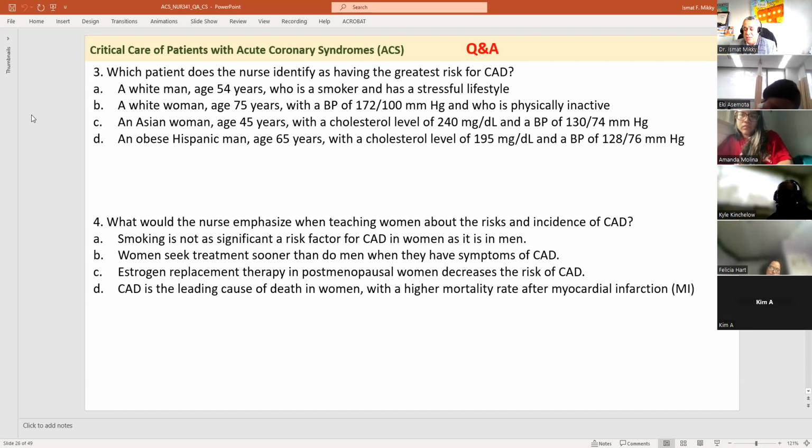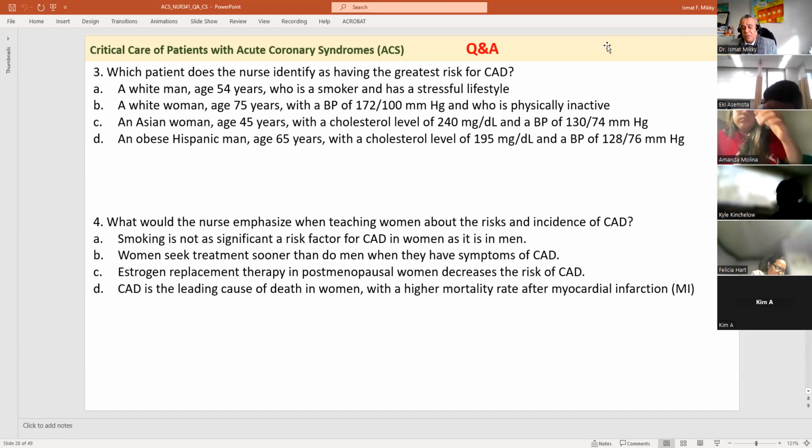So look up the risk factors that may predispose a patient to, or contribute to, the development of CAD. Risk factors. The one that has, I think A. Okay, A is age, diet. If you go between A and B, look up A and B. You have 54, and remember that that's 75 years old. Also, age is another risk factor, right, from